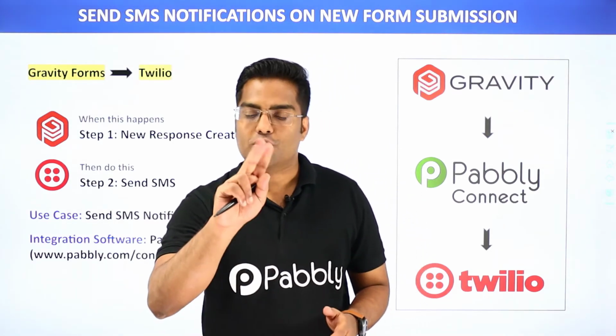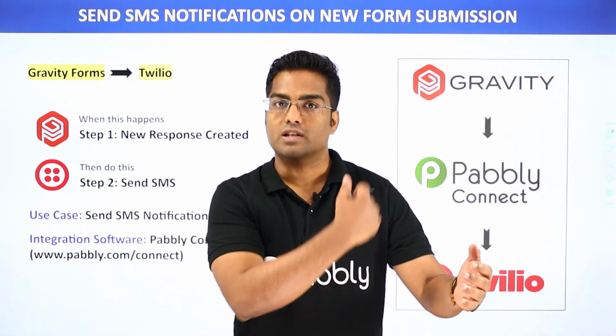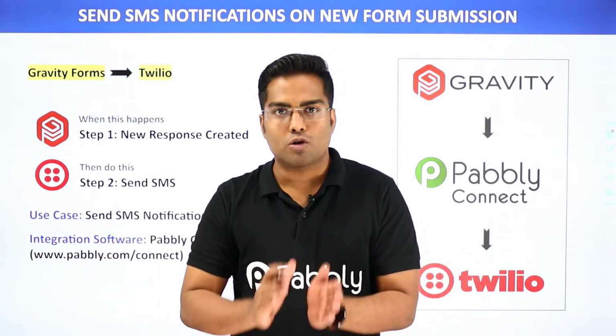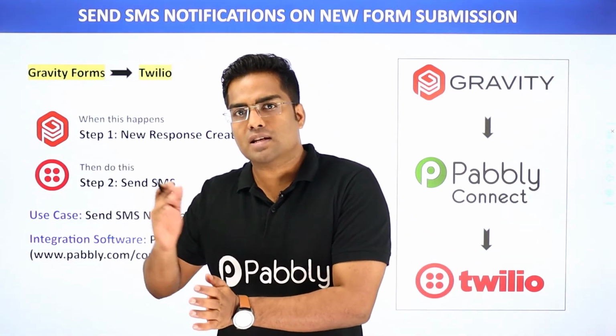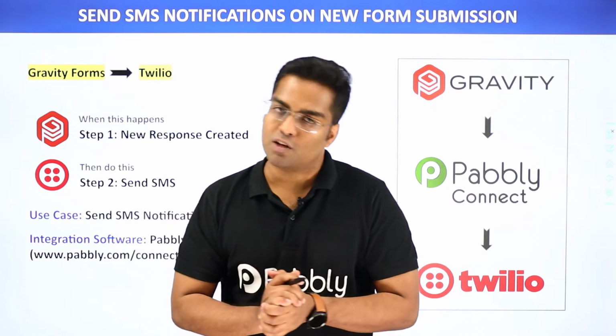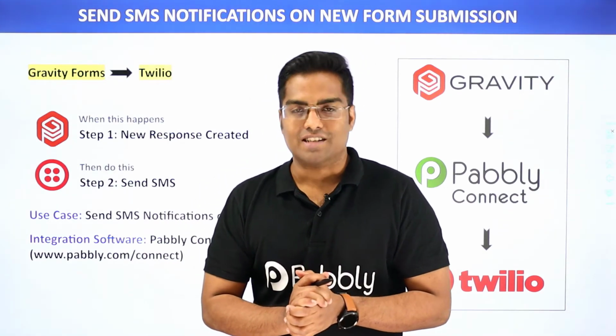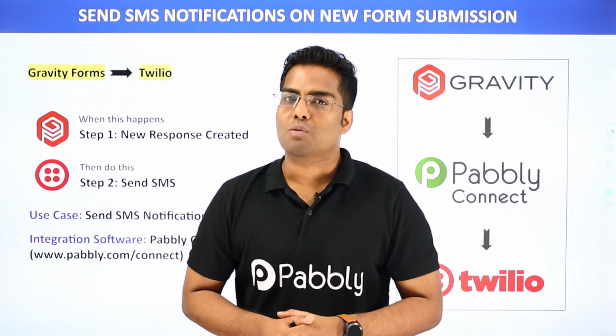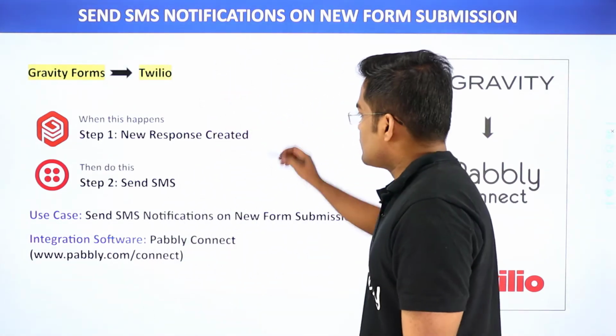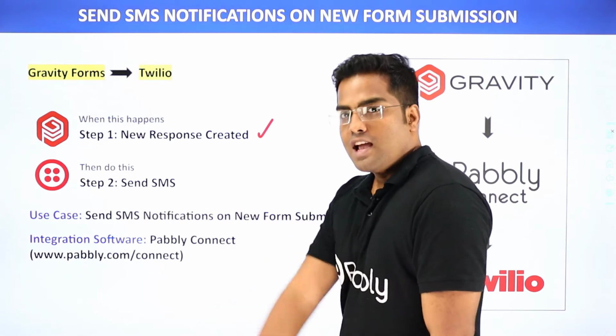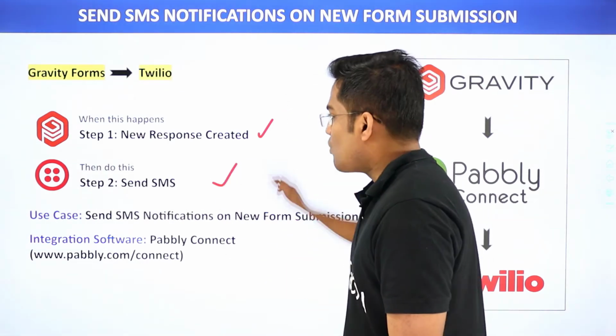So you want to send a thank you message on this phone number. Here you have two choices. The first choice is you can copy all the details of John from Gravity Forms, sort it out, compose a message and send it as an SMS on SMS sending apps like Twilio. The problem with this approach is it's very repetitive and tiresome. So I will suggest that you bring in some automation. Here, when a new response is created in Gravity Forms, it will automatically send a notification via Twilio.